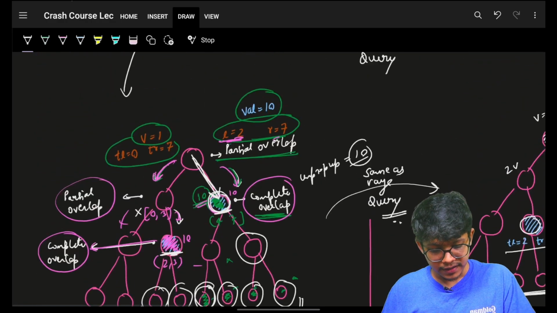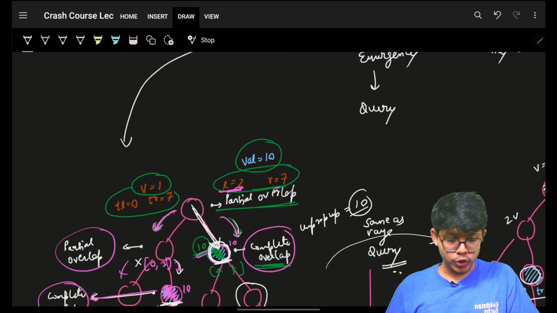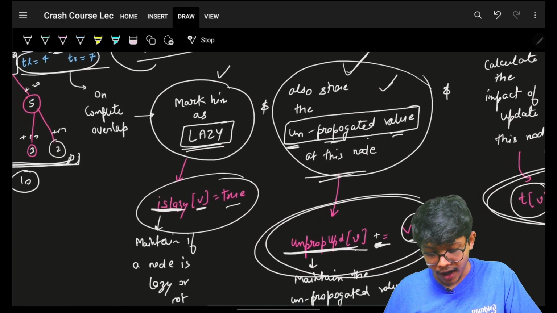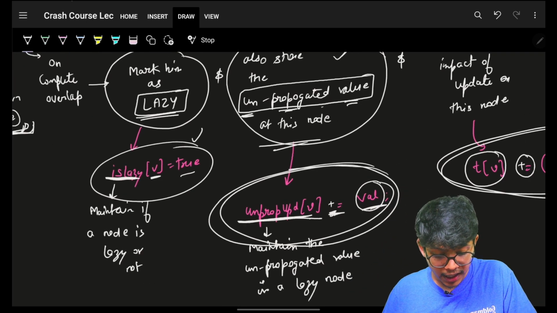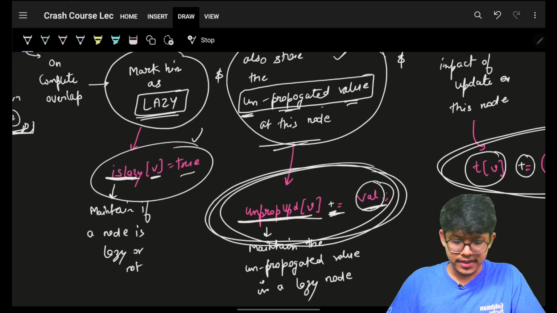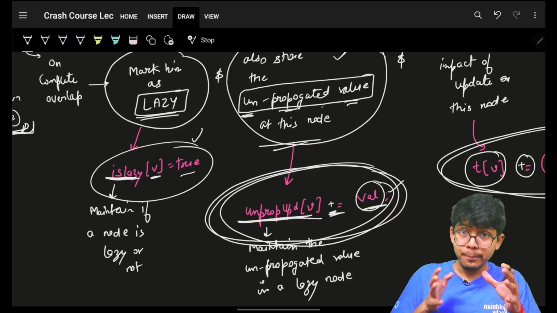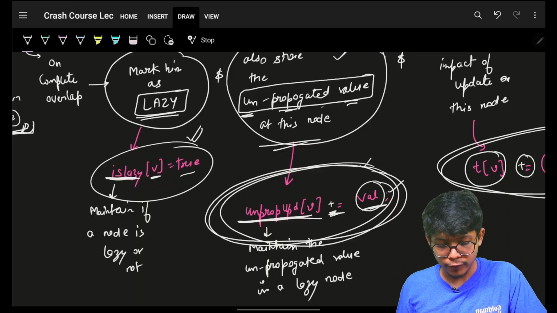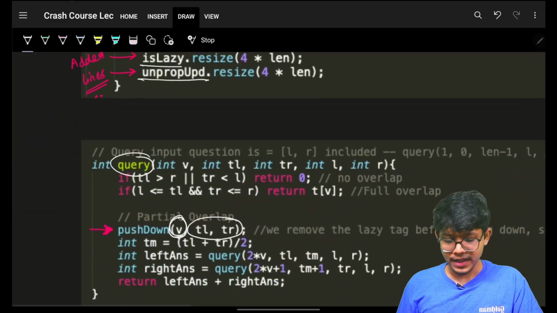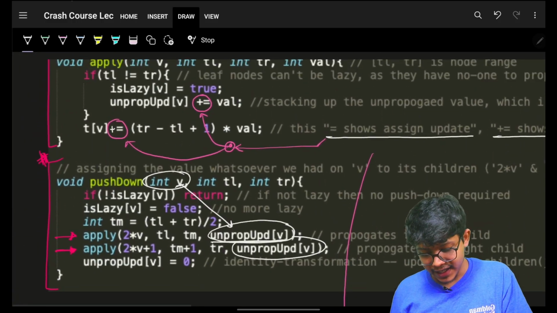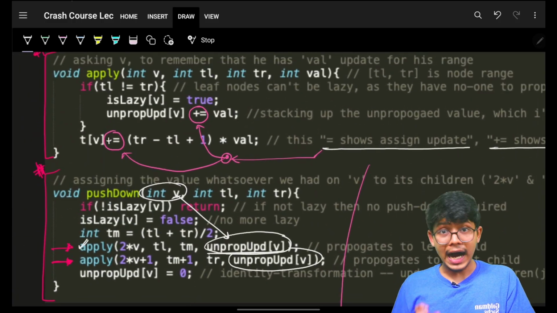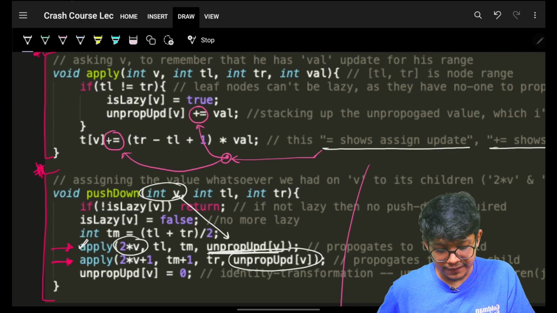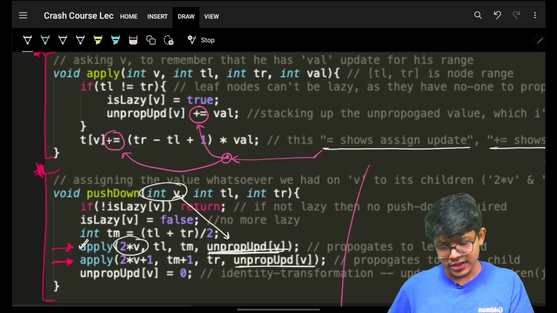So if you remember, when any update comes to me, I update myself, right? I update myself by this value. I mark myself as lazy. I mark my unpropagated update as the value. Same way, if I'm pushing down this responsibility to my children, they also have to follow the same procedure, and that same procedure is made in a different function called apply. So I will apply at this node this update value, which means saying firstly,